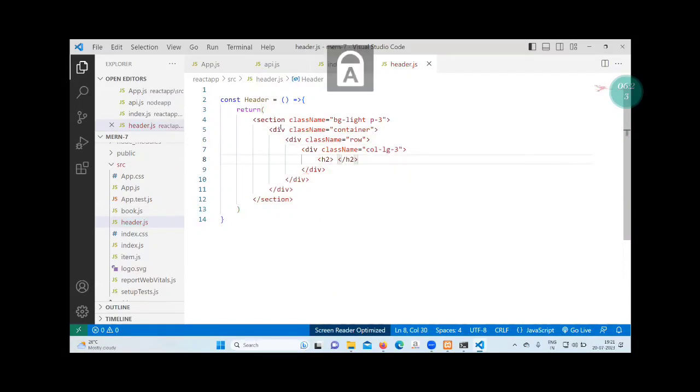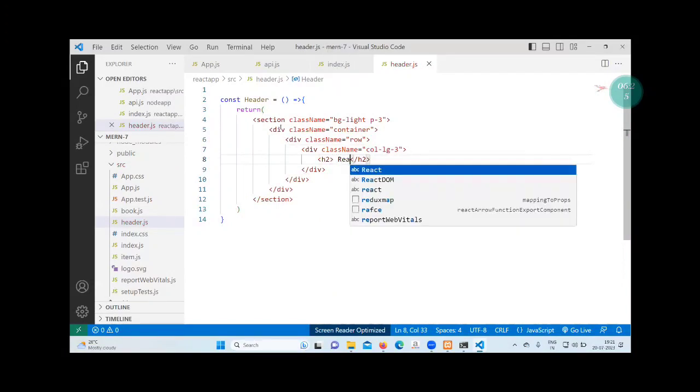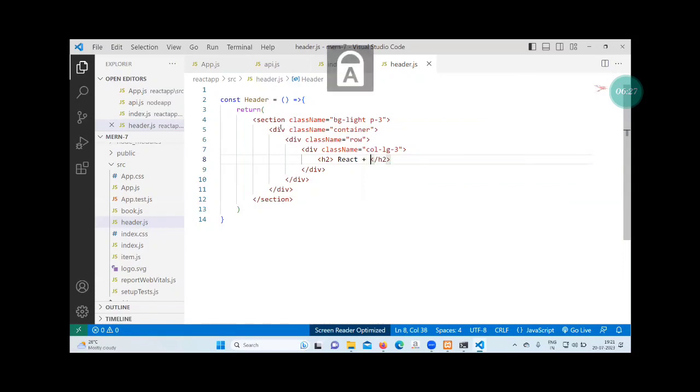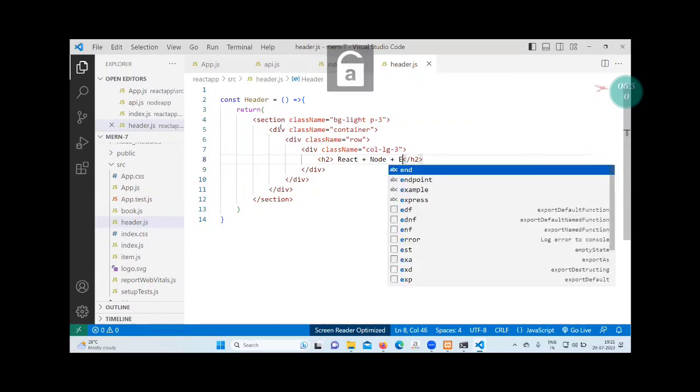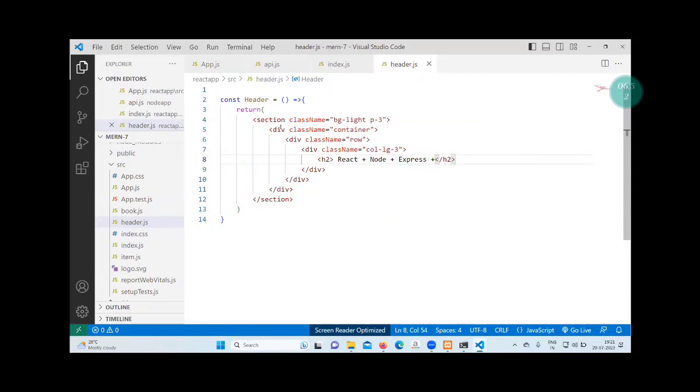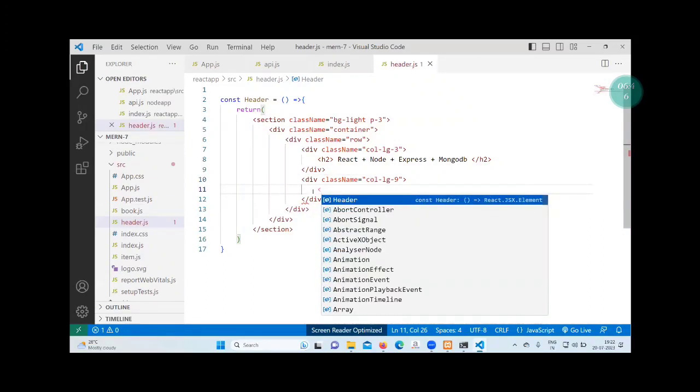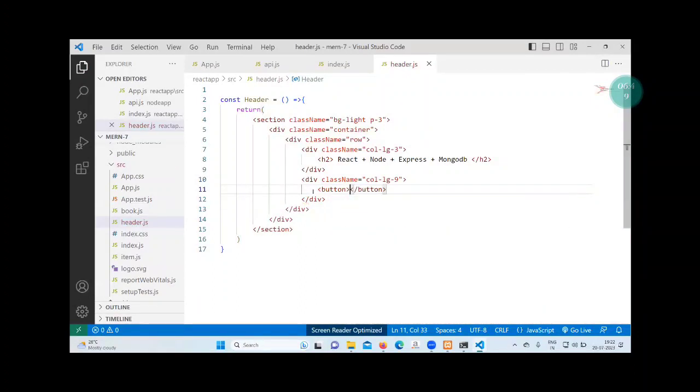h2: React, Node, Express plus MongoDB. Remaining is 9. Col-9, inside the 9, one button,